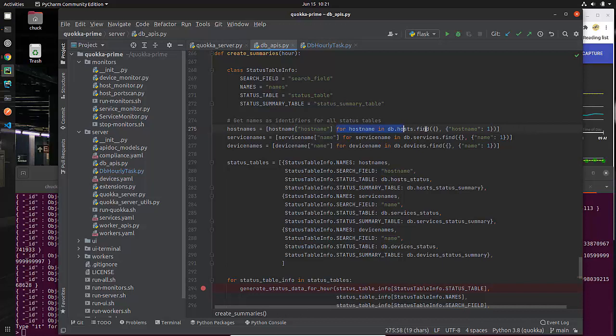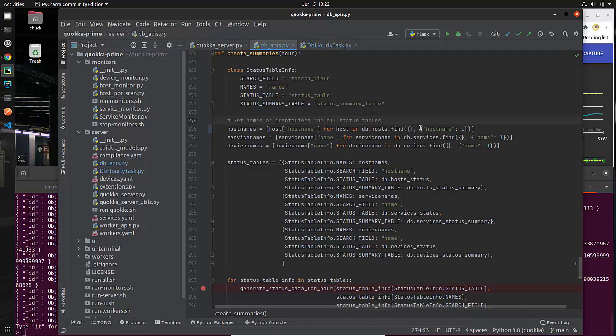So here's my loop. I'm going to go through the host table and I'm going to get every host name. And for every host name, what am I going to do? What's the thing that's going to go into the list? The thing that's going to go into the list is the host name. And I just realized I probably named this wrong. Now that I think about it, I should say for host, this would be more appropriate if I were to say this. So there, I've changed it on the fly to make it more readable. I'll make the rest of these changes later.